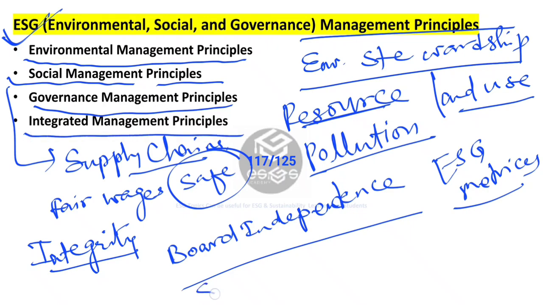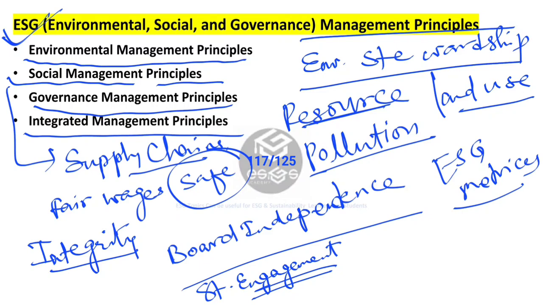Here we talk about, most importantly, the stakeholder engagement. Why? Because regularly we need to engage with the stakeholders to understand their expectations and integrate feedback into decision making. Also, we need to communicate the progress for all the ESG related management subject actually. Then sustainable supply chain. We need to collaborate with the suppliers to promote responsible sourcing and sustainability through the supply chain. Innovation for sustainability, of course, foster or drive innovation and research in technologies and practices that promote sustainability.